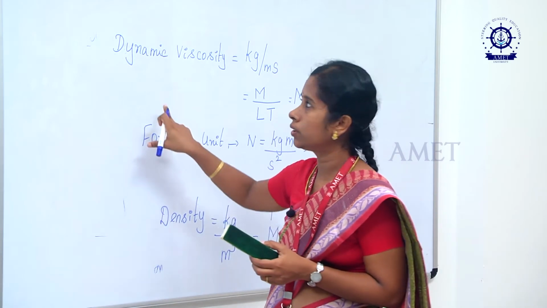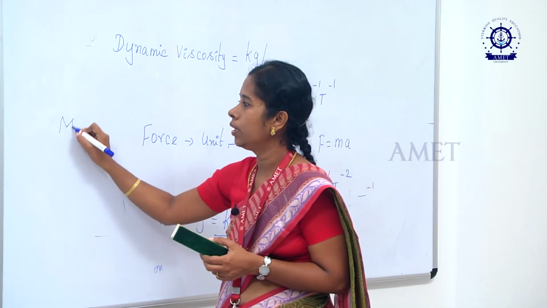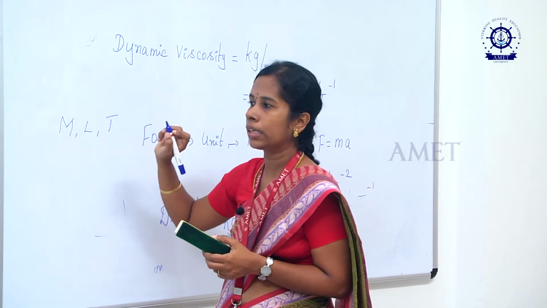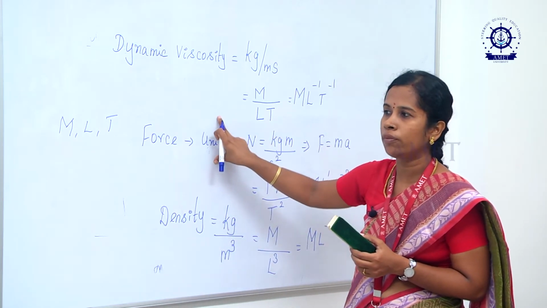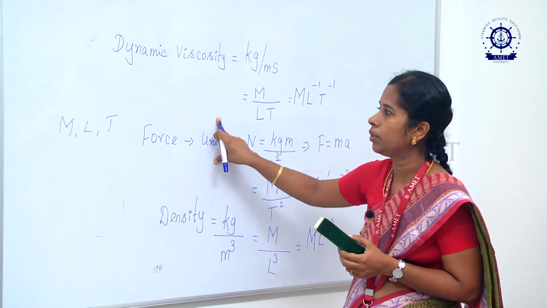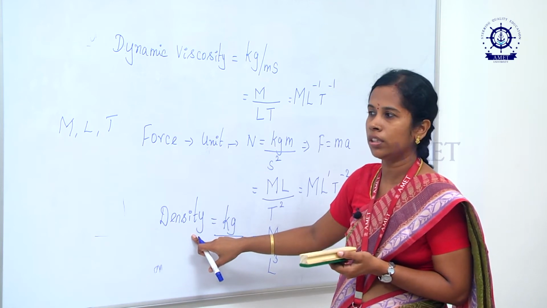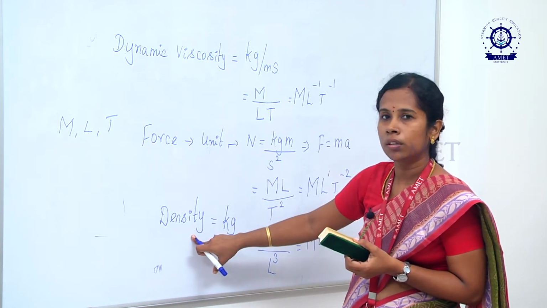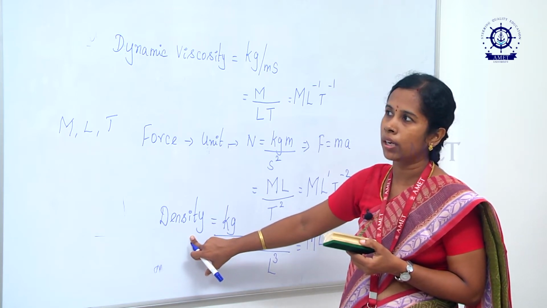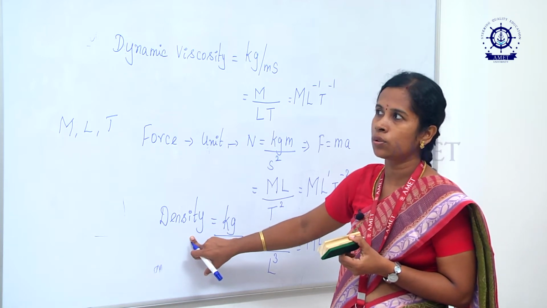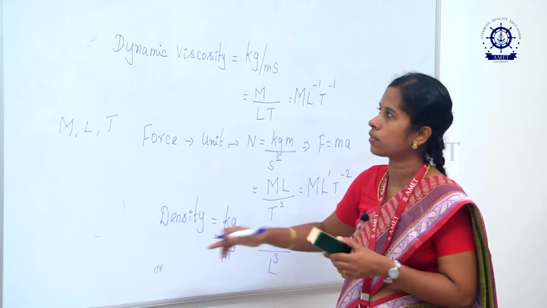That is what I have said. Fundamental dimensions are the basic things M, L and T, and secondary dimensions are those quantities which possess more than one fundamental dimension. Examples are dynamic viscosity, force, density, acceleration, velocity and kinematic viscosity. What is the need for studying dimensional analysis? Dimensional analysis is used in research work for design and for conducting model tests.